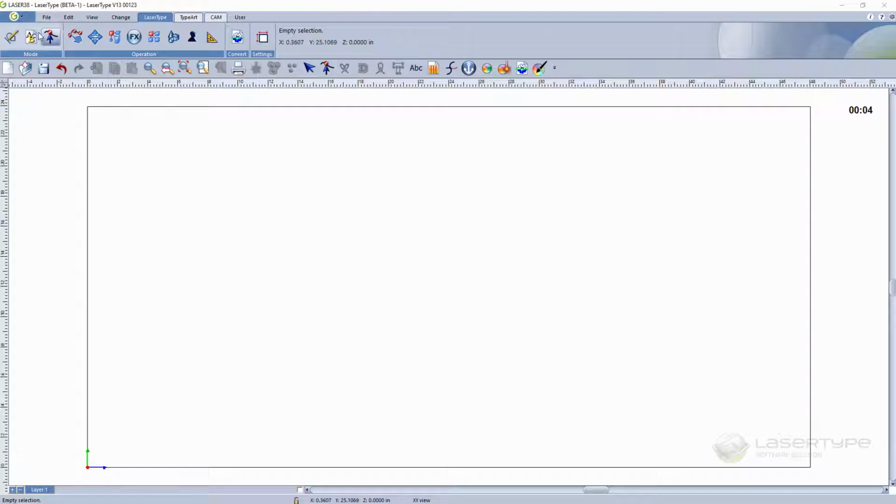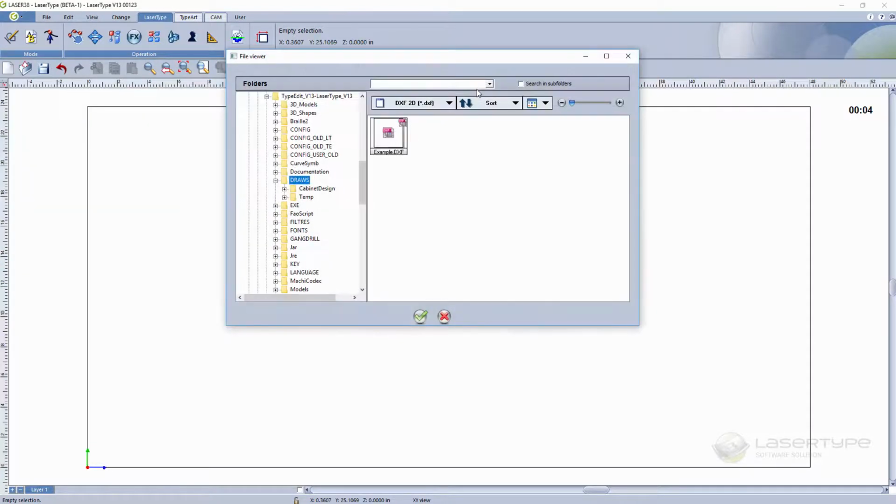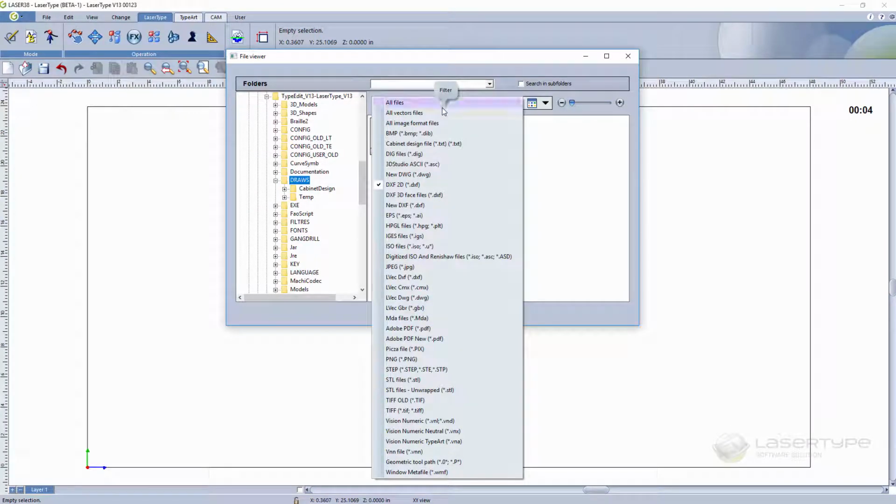LaserType is a complete CAD/CAM package in which you can import many different file formats, between vector files and image formats. You will find DXF, as well as EPS and AI from Adobe Illustrator.